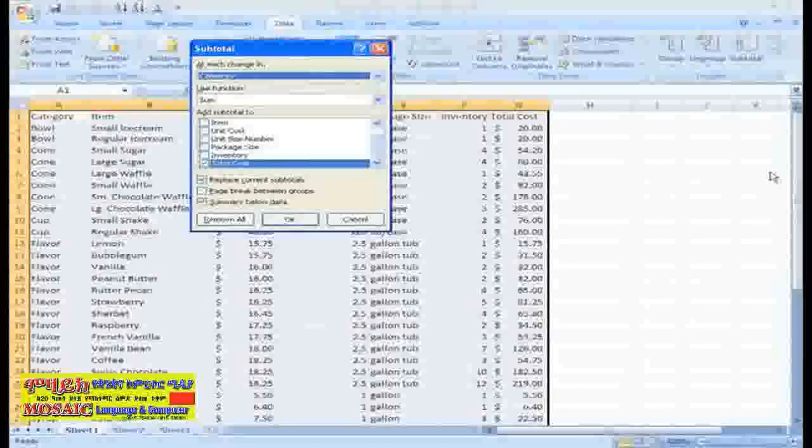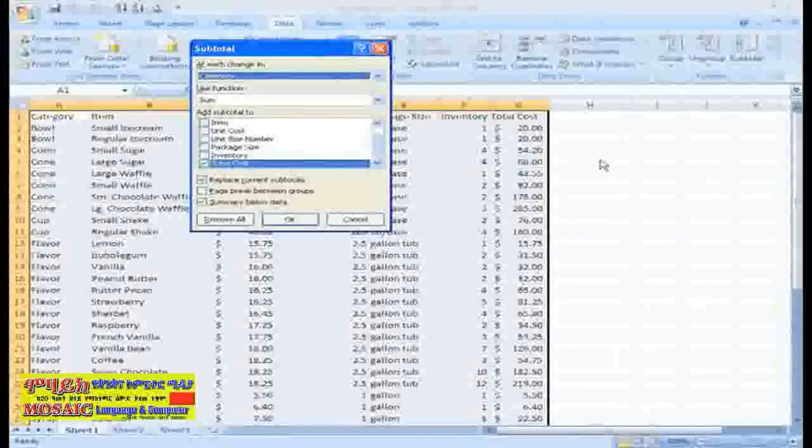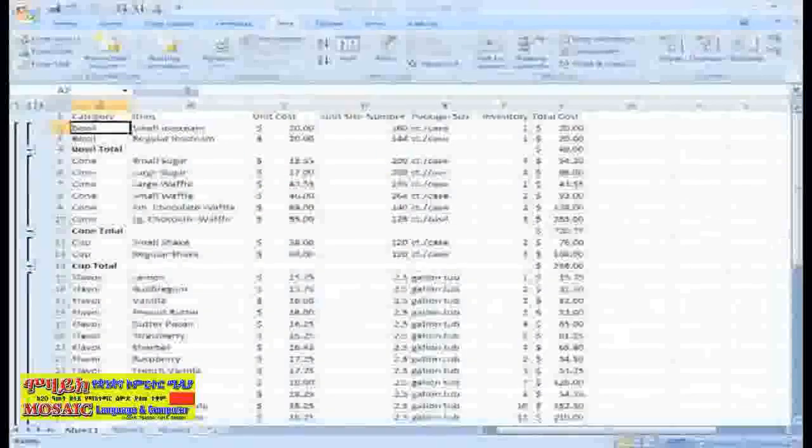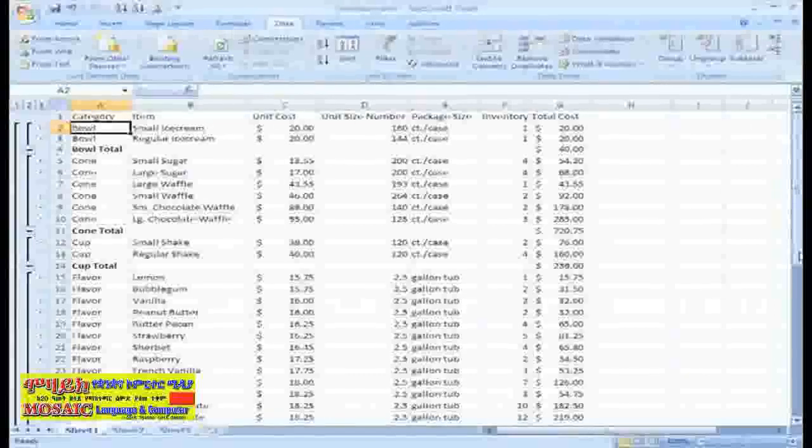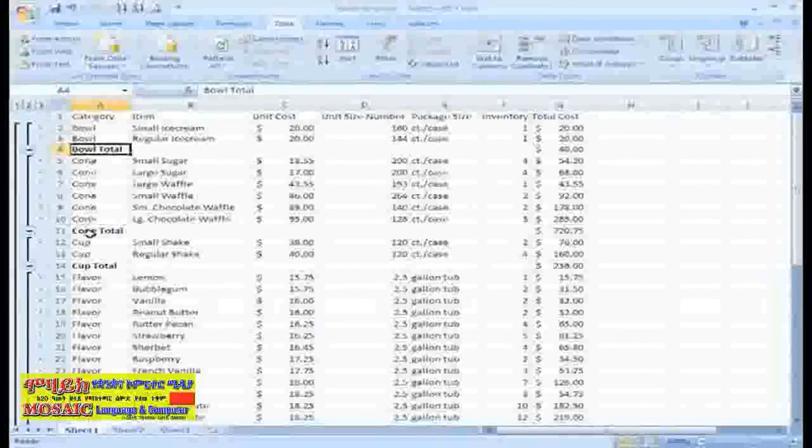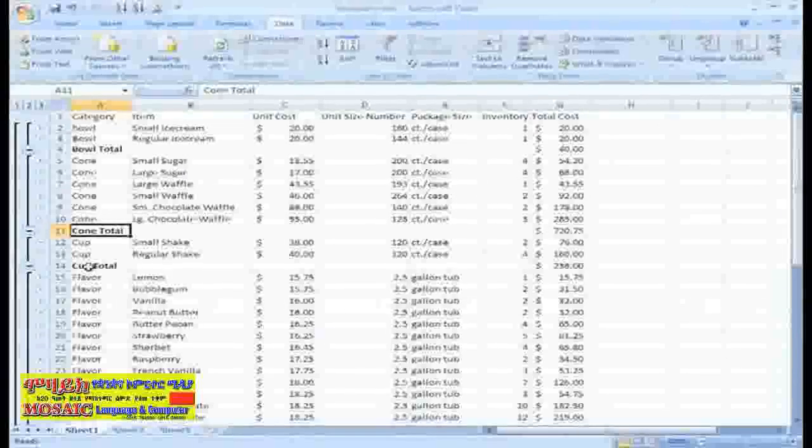And I'd like to know how much inventory of each category I have. So we'll leave the sum function selected. I do want the subtotal of each category to appear in the total cost column, so we'll leave that as a default. Let's click OK. Now you can see that after each category, a row has been inserted with the total cost